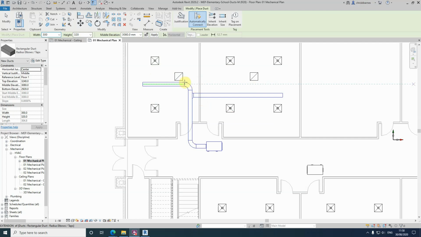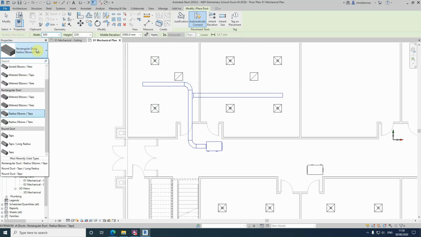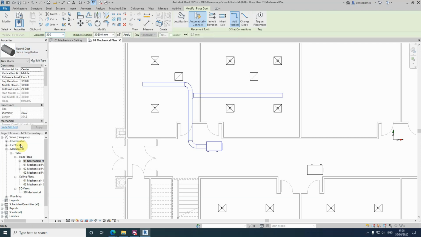what we're going to do is, still in here, we're going to click and change to round duct. So round duct, and we want taps and long radius, which is this one. And then what we're going to do is connect from here. But before we connect from here, we're just going to use this inherent